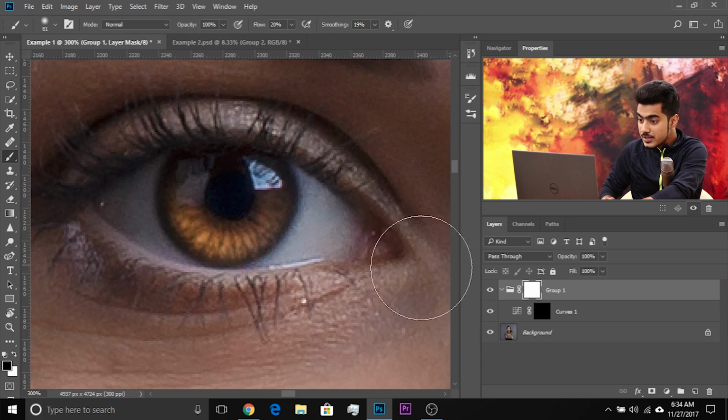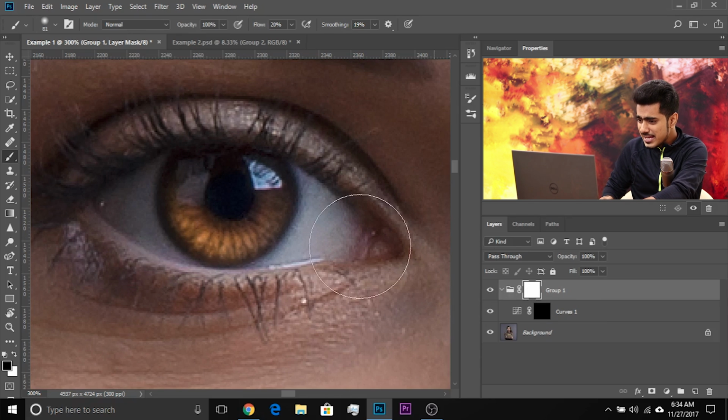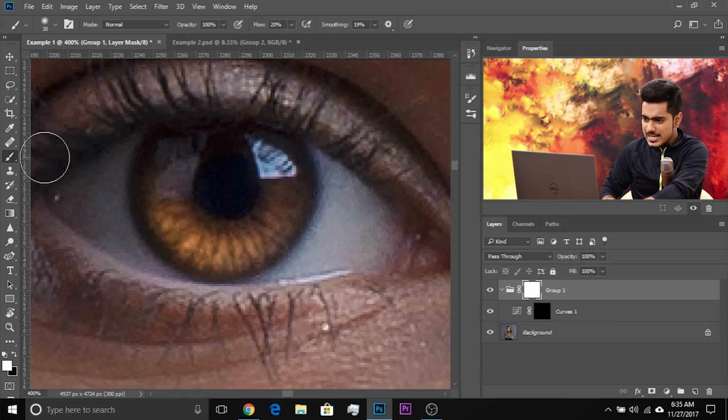Now that looks nice. Now, the advantage of this is that if you want more details, if you want it back, the areas that you painted, you can always go ahead and get it back because this is a separate mask. So select the mask, you can always change the color from black to white and you can get this detail back, right? In that case, if you directly did it, you couldn't have got it back, alright? So let's zoom in quite a bit and let's delete some details from the middle by making sure the foreground color is black, like so, and from the outside just a little bit, and here we have it.